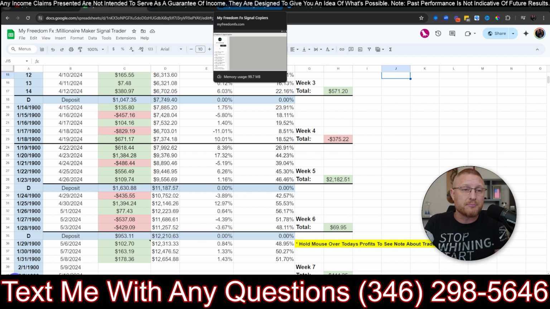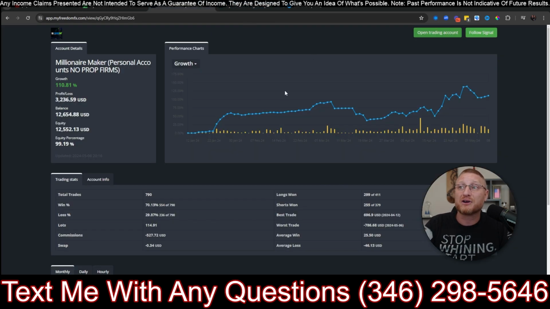So this isn't a bot, this isn't an app, but it's still automated because you're basically just using our software to link up to our trading account and copy our signals. And it goes instantly. The second that our account takes a trade, your account takes that trade. All of our trades have take profits. All of our trades have stop losses. We have equity monitors. Everything is very, very out in the open so that you can see.